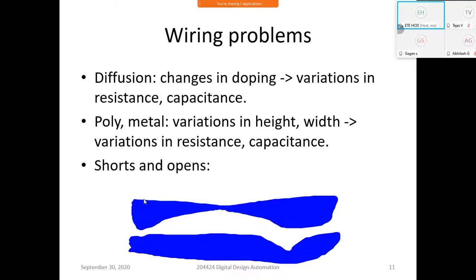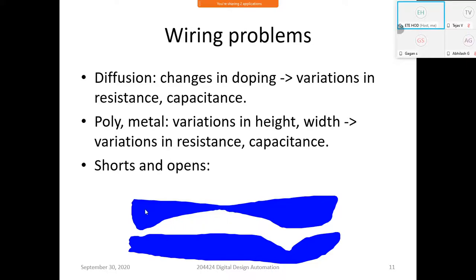Suppose you didn't maintain that minimum dimension of 3 lambda, there would have been no connection here. In spite of these practical problems, since you maintained a minimum dimension of 3 lambda, it is still existing. Suppose in the beginning your dimension is hardly 1 lambda, you would have had a void here. We call it a void because there is no connection from this point to this point, because the practical implementation has not made the diffusion or metal exist throughout the entire length. So you will end up with an open circuit here.